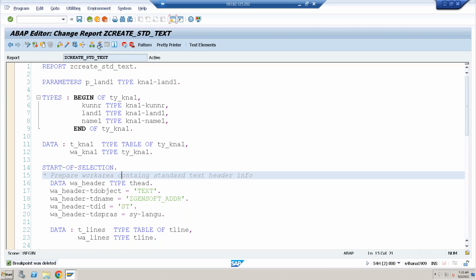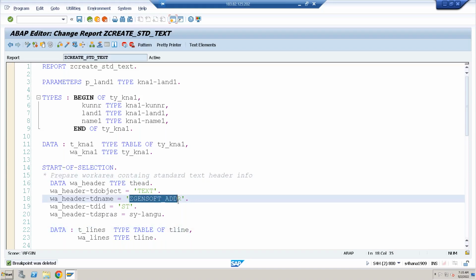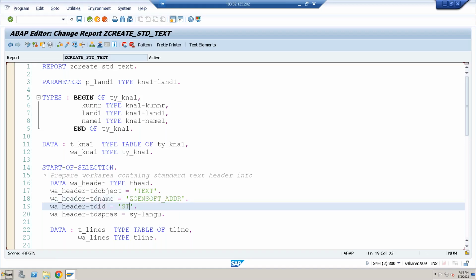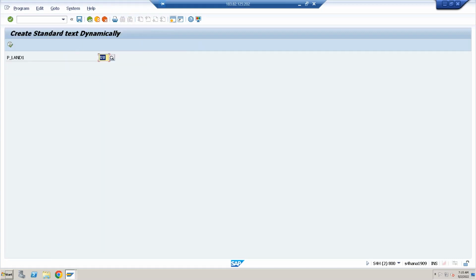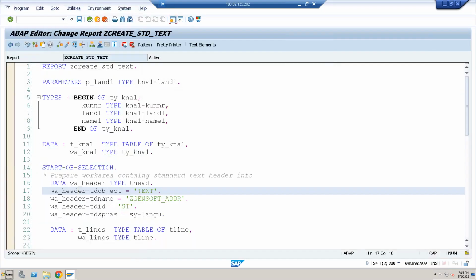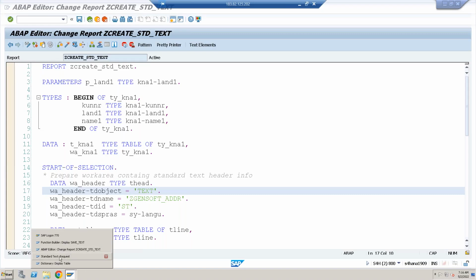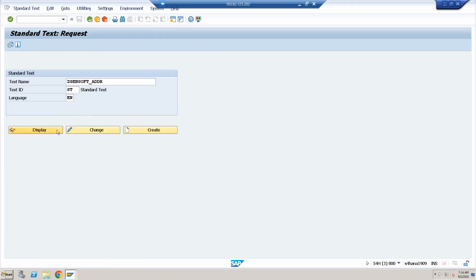So the first time when I executed this, when the standard text was not there, it created the standard text and we wrote the content to that particular standard text. Now let me execute once again. Already the standard text is there, with Indian customers data. So when I execute now, I'll give yes this time. Let's see what happens. Open the standard text and check. Earlier we had 43 entries. Now when I display,